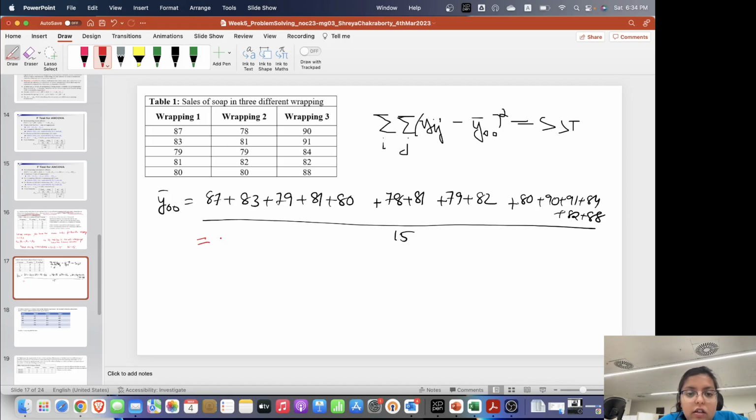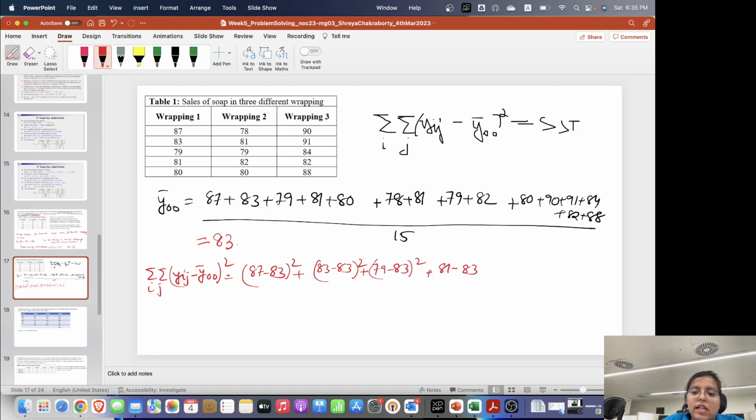$83. Okay, so this is coming out to be 83. So now we have to find out this total sum of squares. So double summation ij (yij minus y not bar) whole square will be nothing but 87 minus 83 whole square plus 83 minus 83 whole square plus 79 minus 83 whole square plus 81 minus 83 whole square plus 80 minus